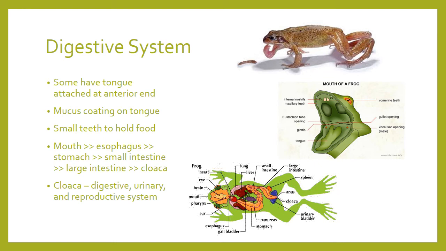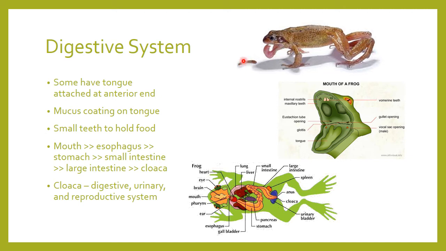Digestive system. So the tongues of amphibians are pretty important in most of them for capturing prey. And what's kind of neat is some of them have their tongue attached at the front end, and some of them have it attached at the back end. So like our tongue is attached in back of our mouth, right? But a lot of frogs and other amphibians have them attached at the front so that they can kind of fling it out. Their tongue has a mucus coating that allows them to kind of stick it to the prey,